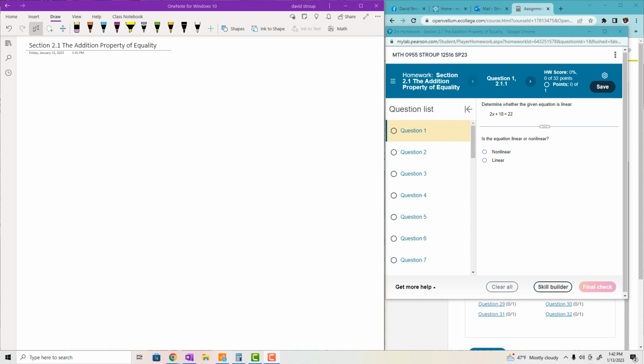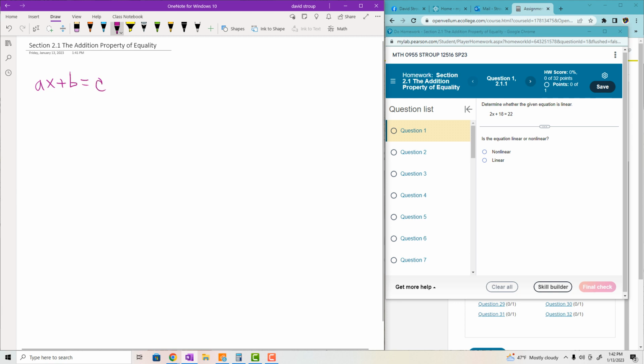Hey, welcome back. This is now section 2.1, the addition property of equality. And what we want to do eventually is solve equations. And we begin with just a definition of the linear equation. Okay, so the linear equation, as I'm sure I noted in class, has the form ax plus some letter b